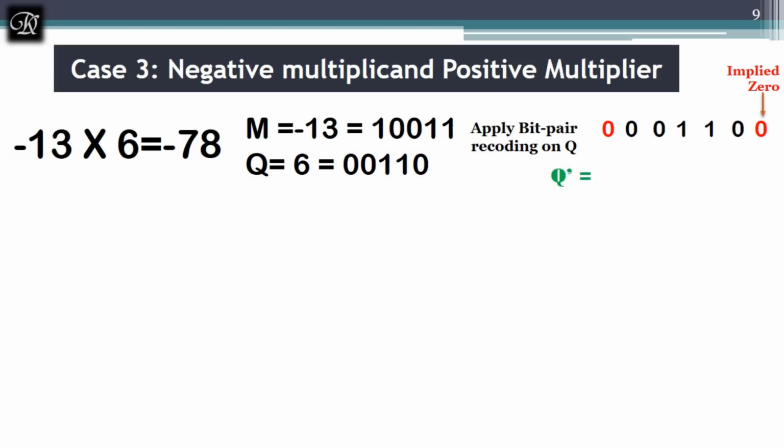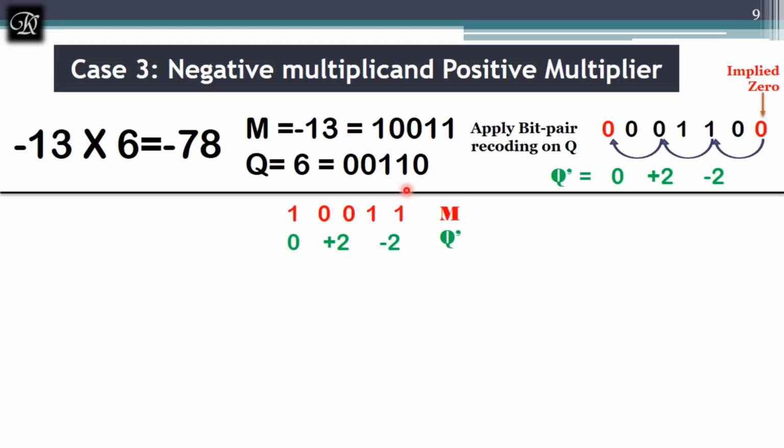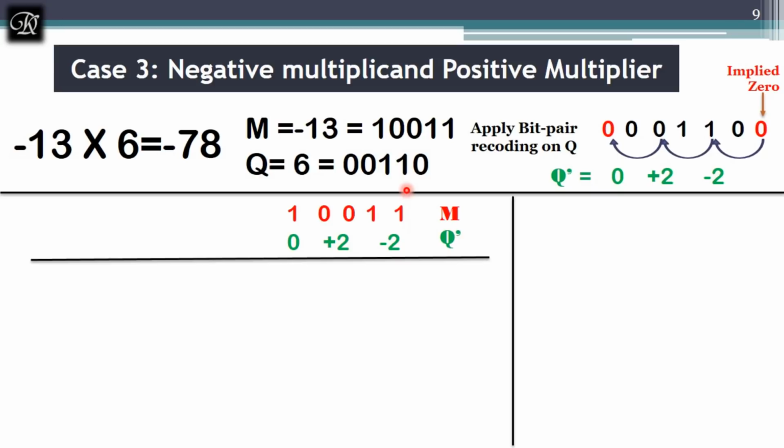In this case, the multiplicand is negative and the multiplier is positive. So you have to find the 2's complement of the multiplicand. And again, just like case 1, you have to find the new q for 6. It will be negative 0, positive 2, negative 2. And now apply the algorithm to find the product. As before, first your job is to write down 2m and negative 2m. It will be good. Otherwise, you will take a lot of time to complete the